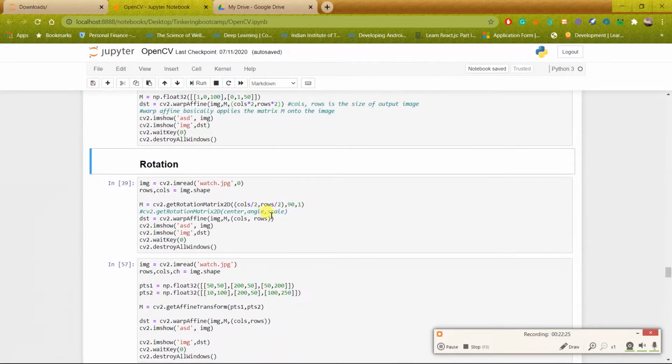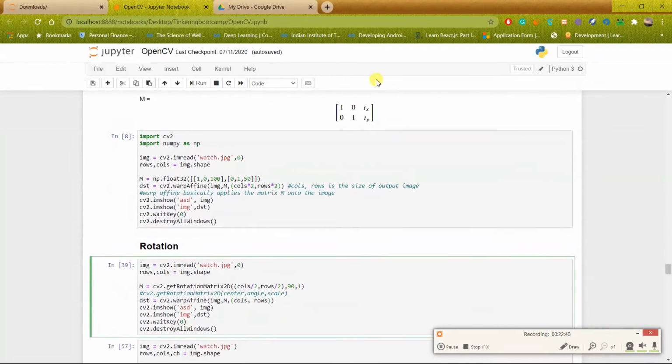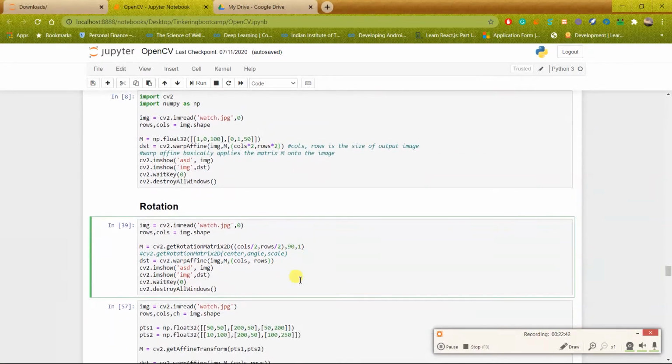After this we come to rotation. There's a particular function defined for getting a rotation matrix, because the rotation matrix is not in a simple format. The translation matrix is a very simple format, but the rotation matrix is quite complex. You can read about it on the internet.